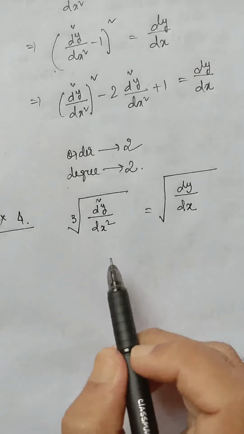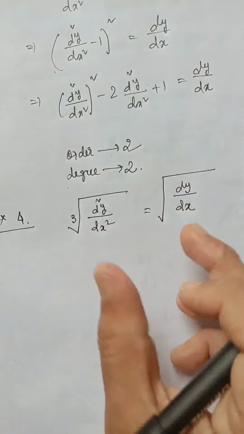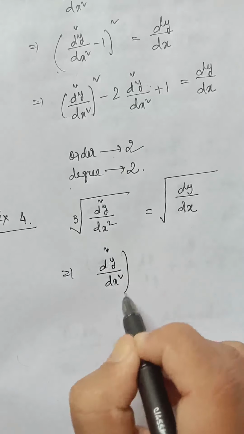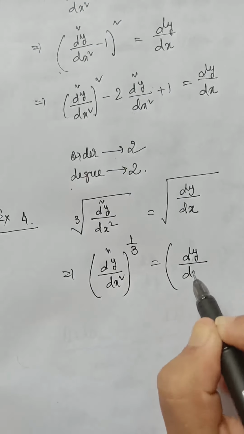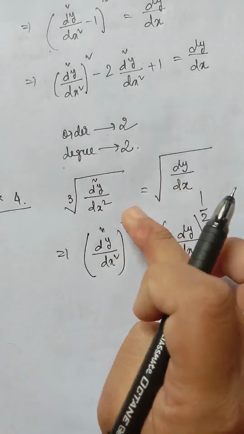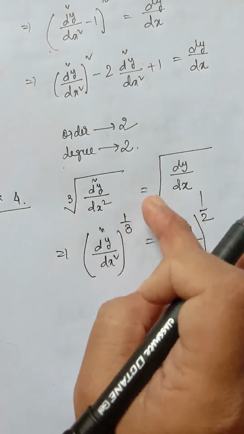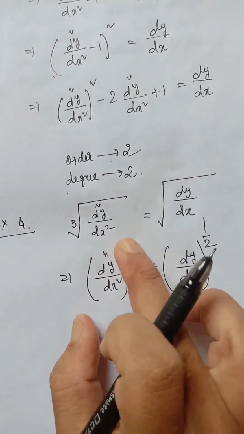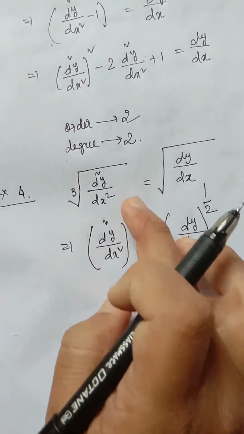I have taken another example. For this differential equation, we have to find the order and degree. We can write d2y by dx square to the power 1 by 3 equal to dy by dx whole thing to the power half. Now we know the power of no derivative can be a fraction. If there is a fraction or a root sign, we have to remove it. We have to make the power free from radical sign or fraction. So we have to remove this 1 by 3.